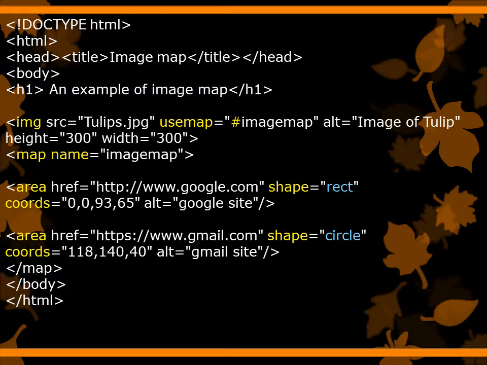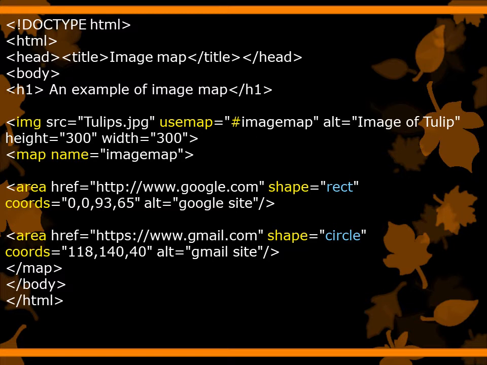Then next is alt, which specifies the extra information of that image. It shows image of tulip, meaning if that image is not available on your computer, it shows alternative information. Then write the height and width: height equal to 300 and width equal to 300.